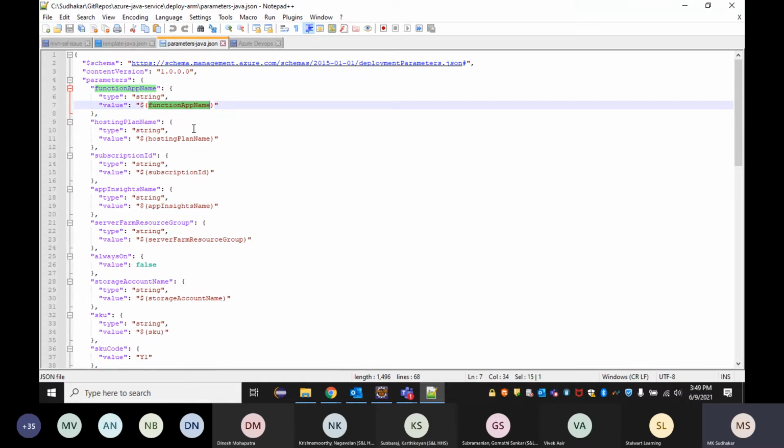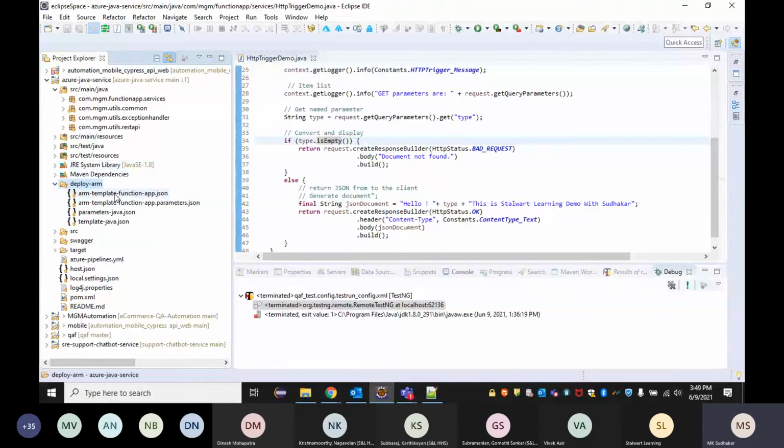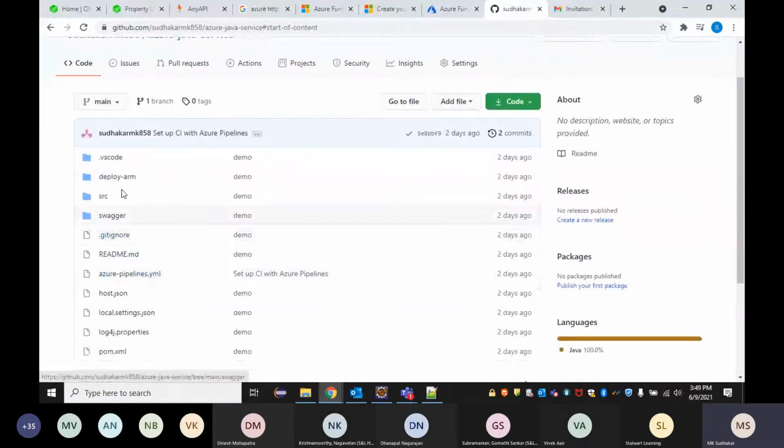Now, to reuse this template, we need to have this template even in our repo, right? The project which we build, right? I have shown the Java project. So I have kept my deploy ARM in this folder so that anytime I use this, I can even update it. We can have the version control here directly in the deploy ARM folder, so I'm trying to keep my ARM templates directly in the project so that we can view those ARM templates even in Git. So in my project, we have the deploy ARM folder.